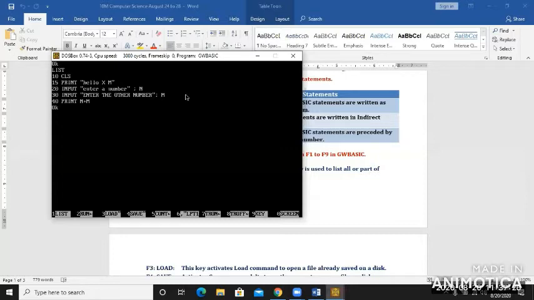But when you look at the program, where is the program? From line number 10 to 40 is the program. If you want to see, all lines are preceded by these line numbers, right? If you want to see the output, you have to give a command. So there is a difference between command and statement.